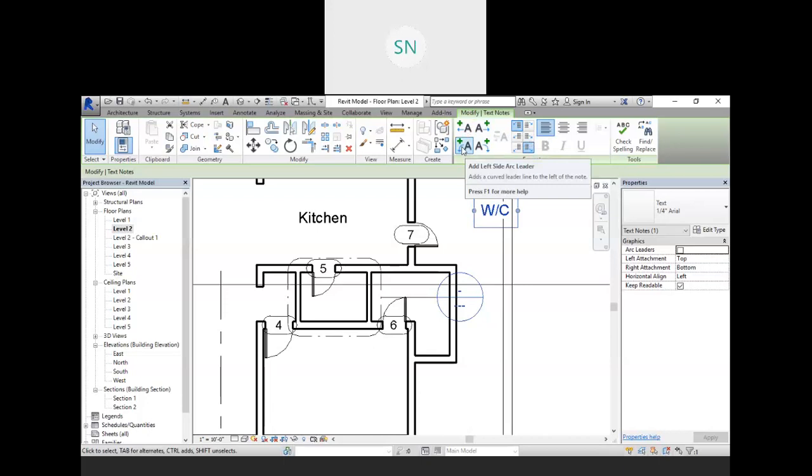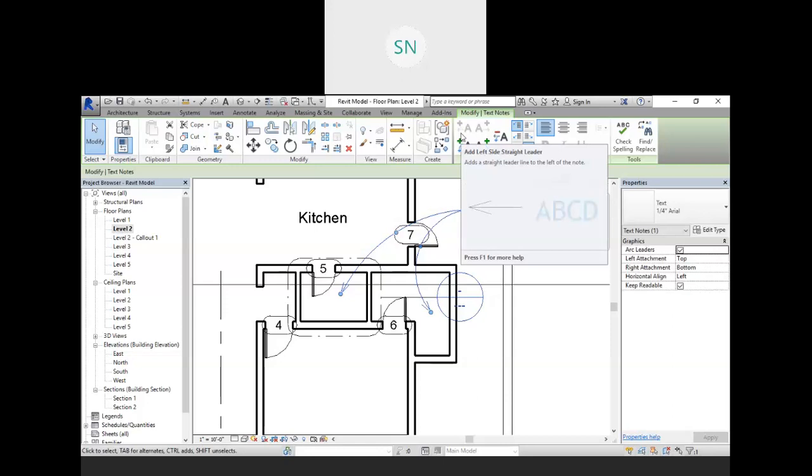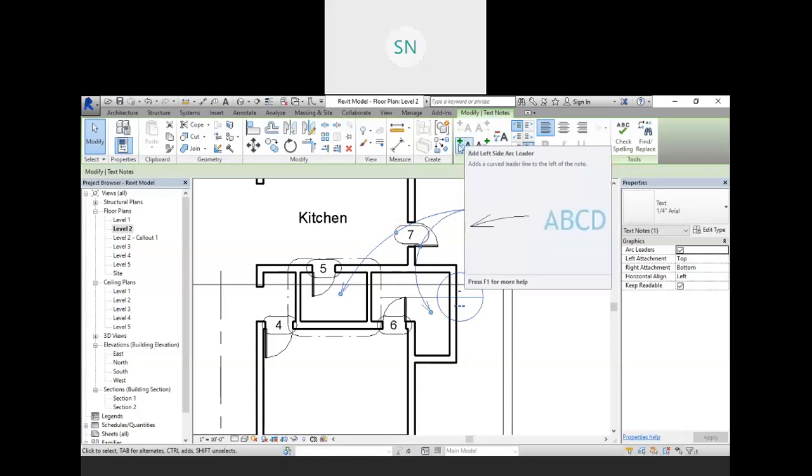So whatever you want, just click on that and you will get your arrow like this. If you click multiple times, you will get multiple arrows, right? And also if you want straight, you can use the straight one. If you want multi arced, you can use this one, right?